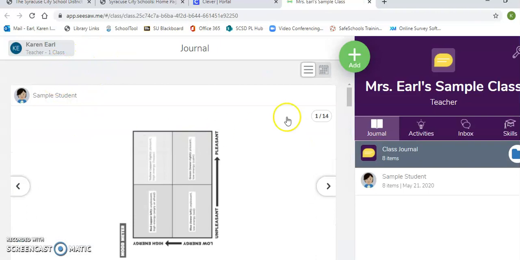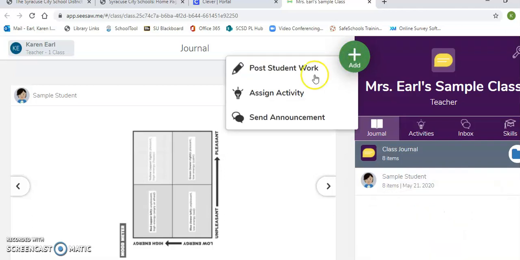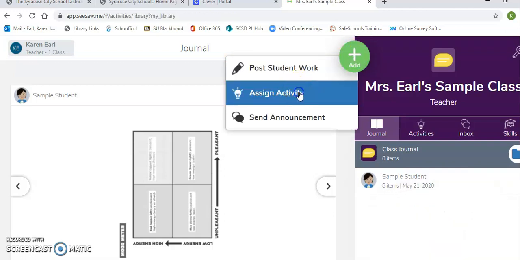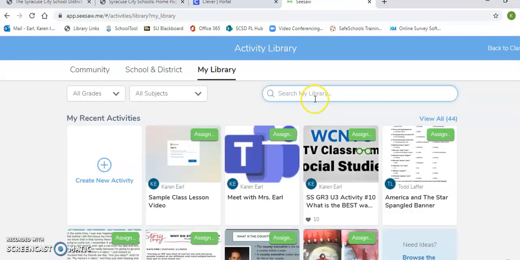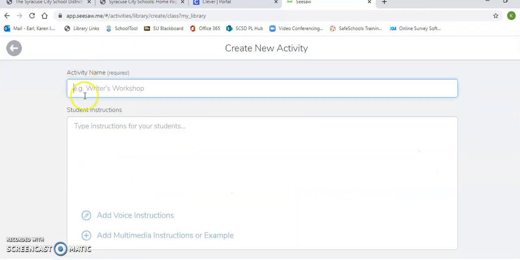Now in Seesaw, I want to add an activity. I'm coming in, this is my sample class, and I want to add a simple activity. So I'm going to go to Assign Activity. And in this case, I want to create a new activity. And maybe I'm going to call this Mrs. Earl's